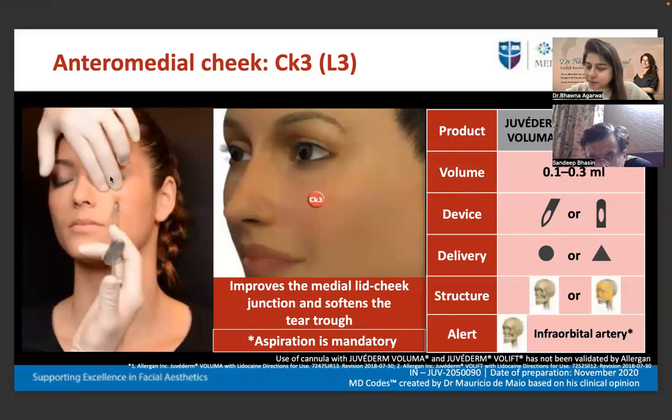So when do we choose a needle or when do we choose a cannula? Is there any criteria? Needle is used when we are injecting CK3 for the purpose of improving the tear trough. Then we use a needle on the bone, 0.3. But when there is tear trough along with anteromedial concavity, showing a concavity, there is a loss of fat pads. In that case, we can do